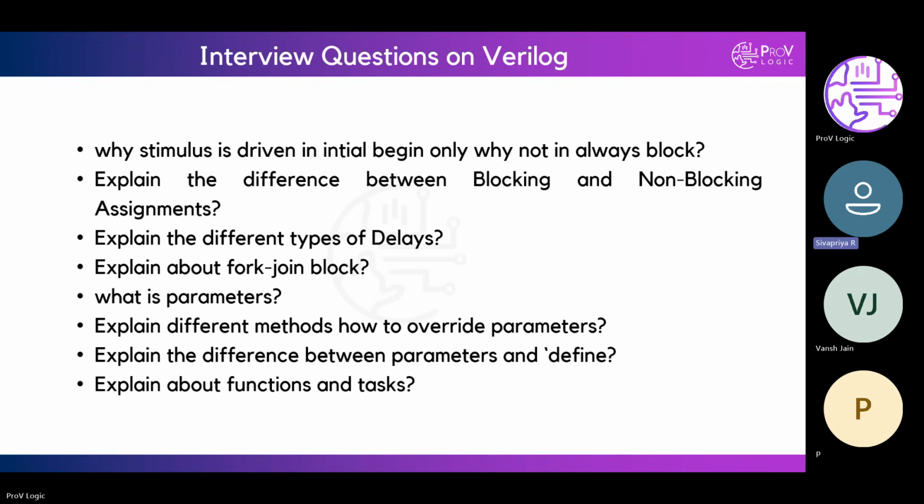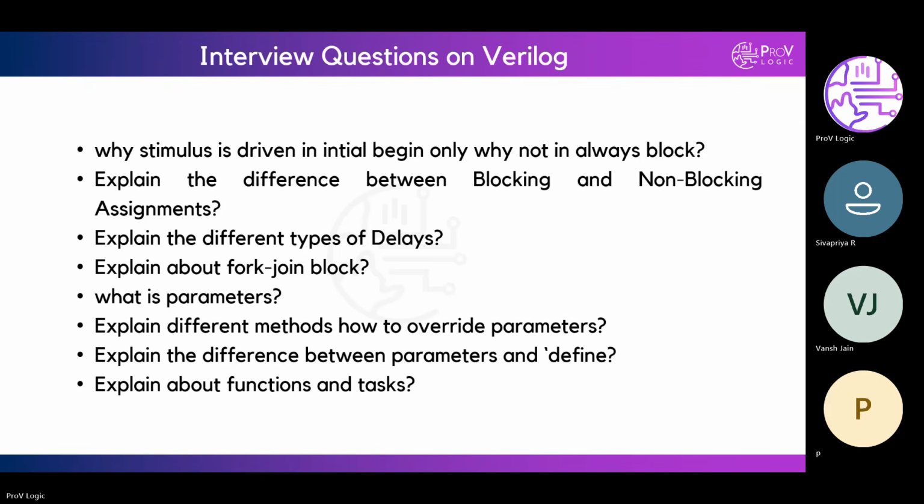Sir, in non-blocking, the RHS is scheduled. After the delay time, it will get updated. Your voice is not audible, Shivpriya.